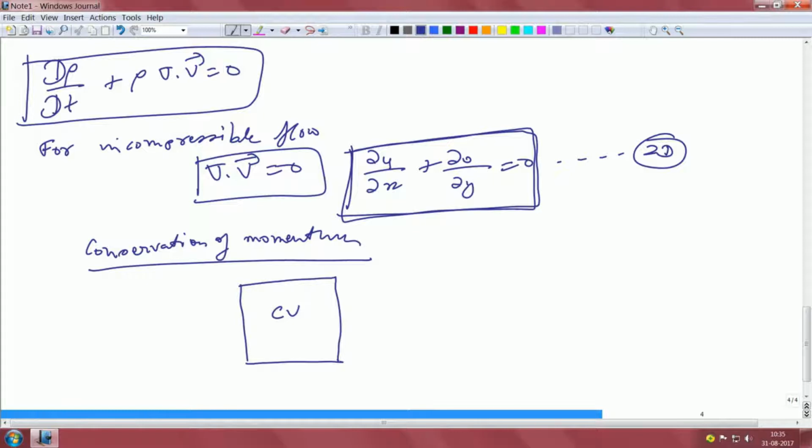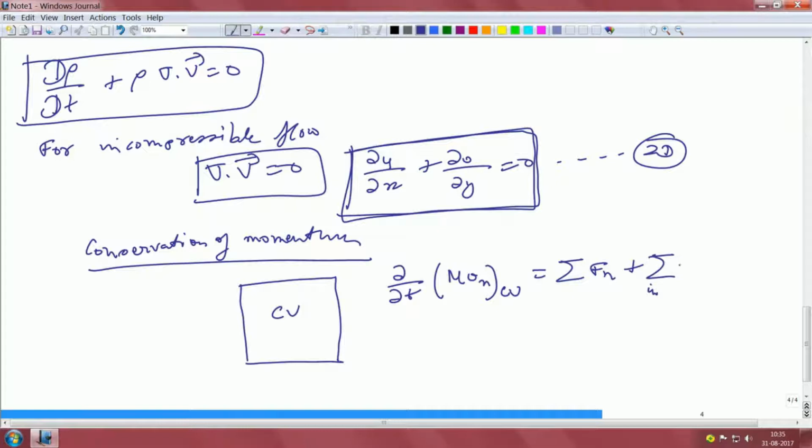So, what will be the conservation of momentum for this control volume in any particular direction? Now, the direction becomes important because mass was a scalar, this is a vector quantity. So, you have to look at actually 3 directions. If it is 2D, you have to just look at 2 directions. So, first term is essentially what we call the rate of change of momentum within the control volume, right. That will be equal to all the external forces that are acting in the control volume plus whatever is